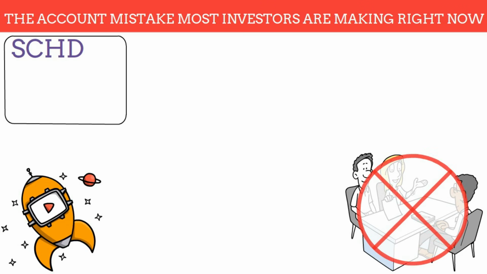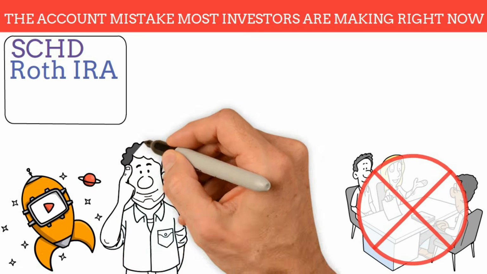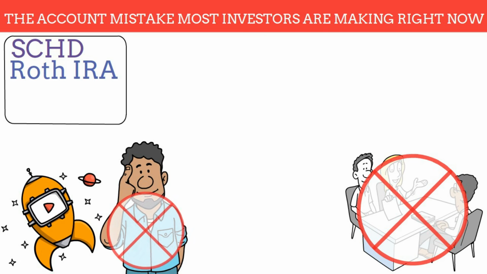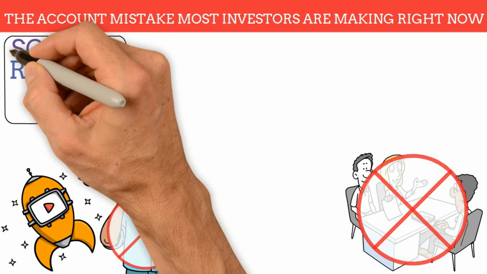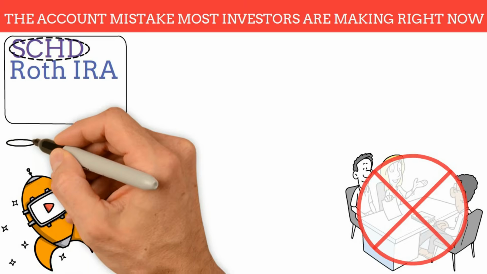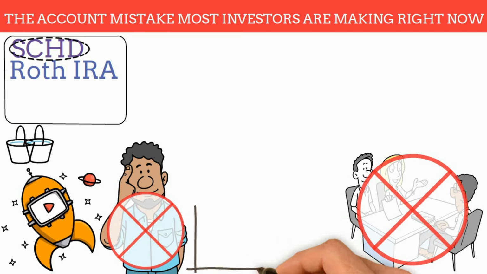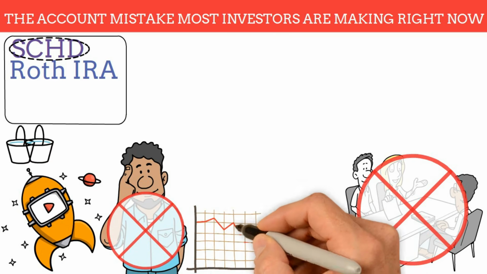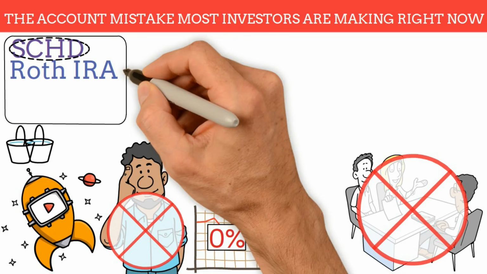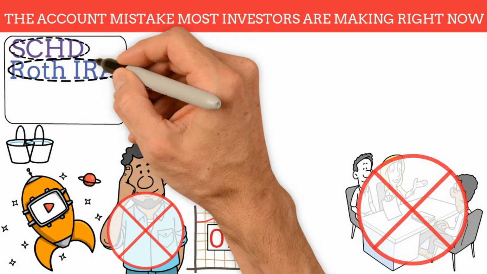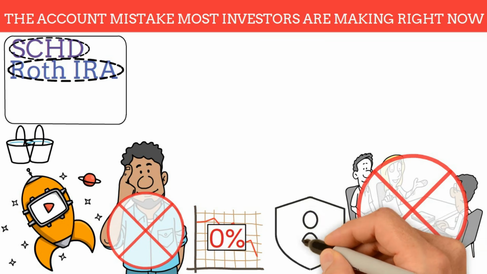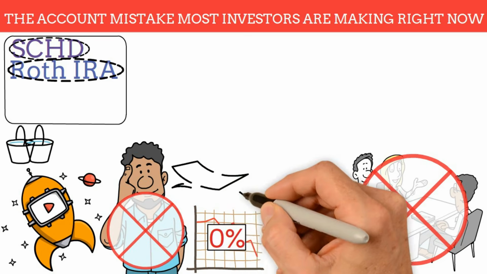Most investors put SCHD inside their Roth IRA to protect their best investment. It feels smart. It feels safe. It is the wrong move. SCHD belongs in your taxable brokerage account because nearly all of its dividends land in Bucket 2. They are taxed at the lowest possible rate, as low as 0%. Putting SCHD inside a Roth IRA wastes your most valuable tax-protected space on an investment that already has a built-in